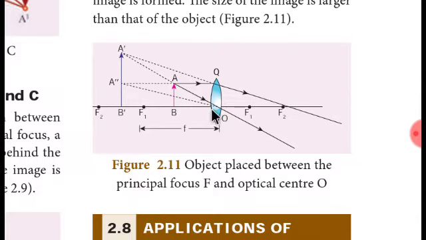This is a special case. So from the principal axis, it is going to be bending, but it is going to bend through the center of curvature. It is going to pass through the center of curvature, and then the other ray is passing through the optical center, and this rule is the same as the rule which I taught you in the last session. So if we bring this line backwards and this line also in the backward direction, then these two will meet at a point, and that point will be the point at which you are going to see the image, I mean a virtual image. And that's all for today.